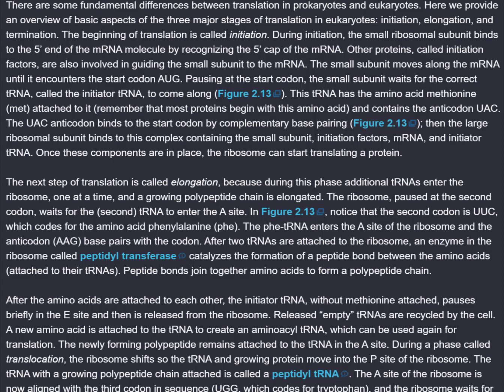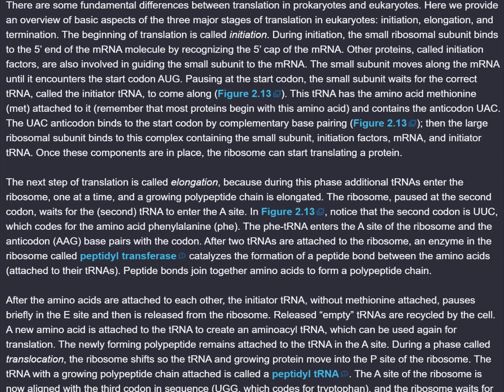Pausing at the start codon, the small subunit waits for the correct tRNA, called the initiator tRNA, to come along. Figure 2.13. This tRNA has the amino acid methionine, Met, attached to it. Remember that most proteins begin with this amino acid. It contains the anticodon UAC. The UAC anticodon binds to the start codon by complementary base pairing, Figure 2.13, then the large ribosomal subunit binds